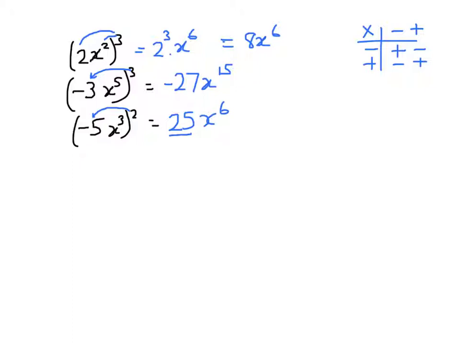Let's see, 2xy to the power of 3, z to the power of 2, all to the power of 4. Every term is to the power of 4 because it's in the bracket. So 2 to